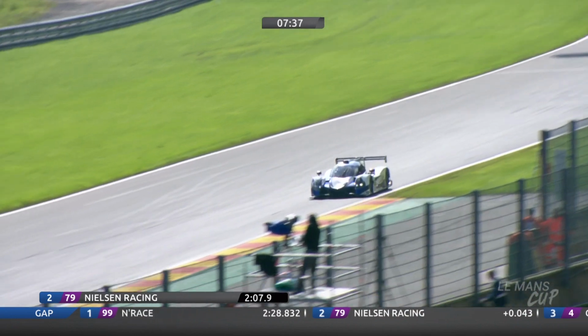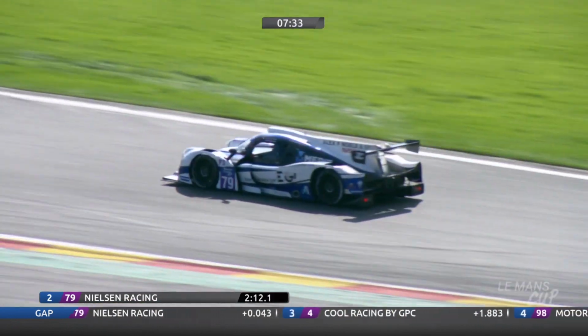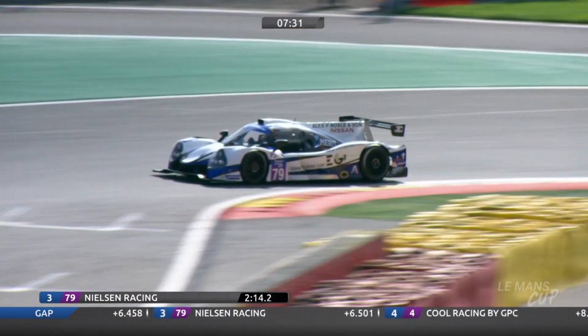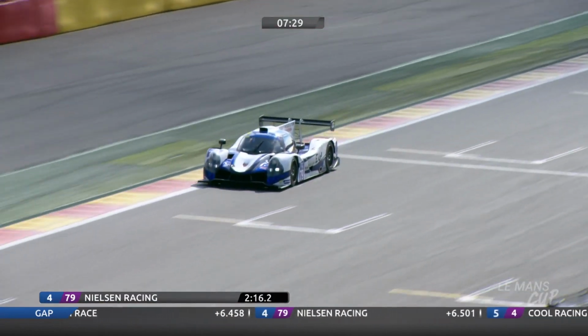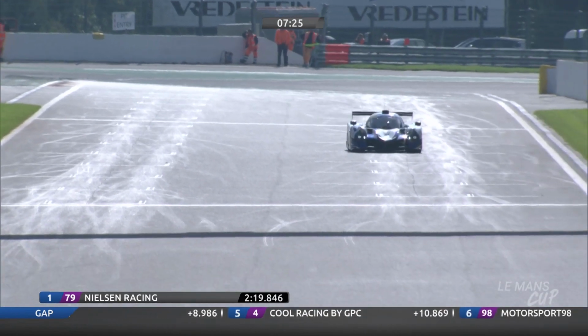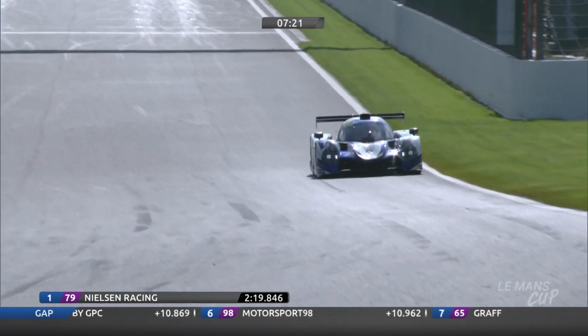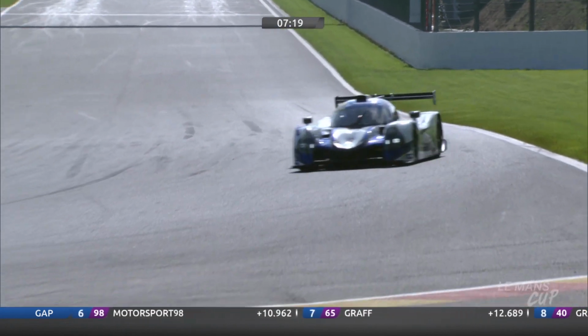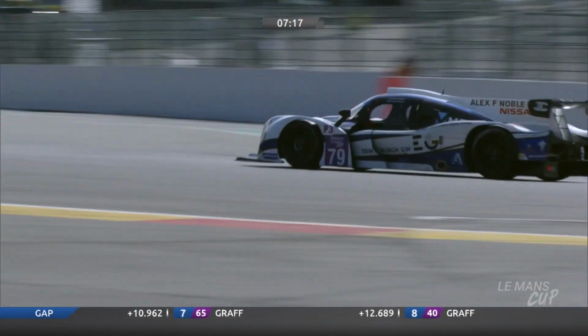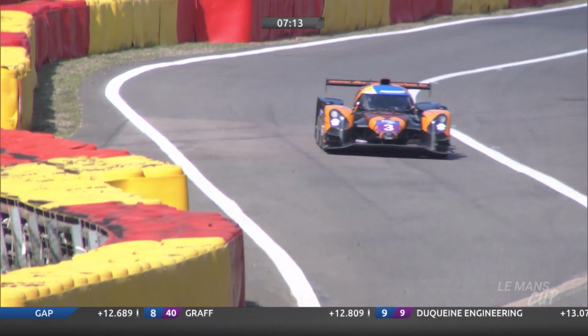That's Nielsen in 2nd position, Alexandre Coigny in 3rd for Cool Racing. But I think about to go back to the top of timing and scoring is going to be Tony Wells. He's improved on all 3 of the sectors. He's dropped down to 4th. This doesn't improve. He does go back. It's 2:19.846. That's much faster than anybody else. 2.5 seconds to the good. A great lap there from Tony Wells as Laurent Millara had taken the provisional pole position,